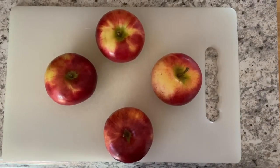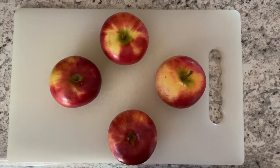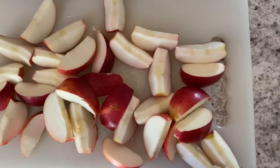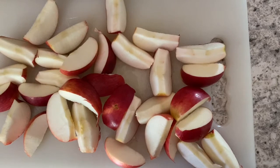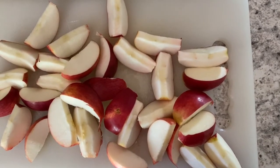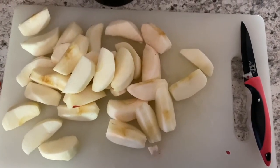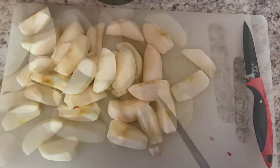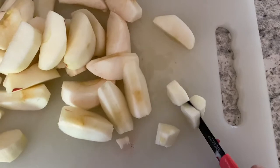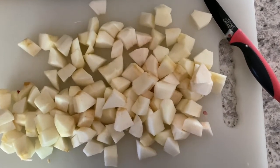So the first thing that we're going to do is start with 4 apples. Once we have our 4 apples, we are going to then use a knife or an apple cutter to core and slice our apples. The next thing that we want to do is make sure that all of the skin is off of our apples, and then using a knife we are going to dice the apples. This is a great way to get the kids involved with the process, as they won't be using any heat